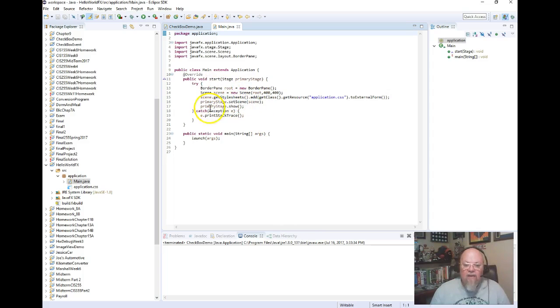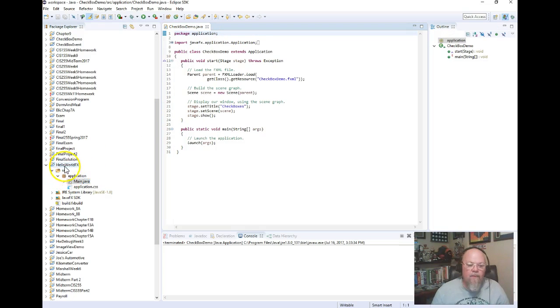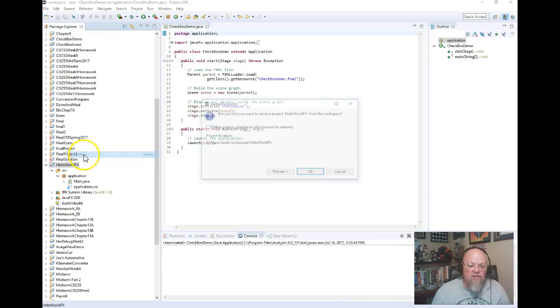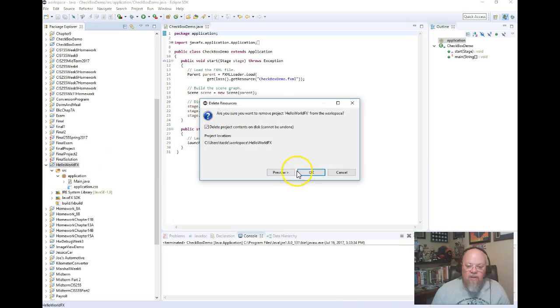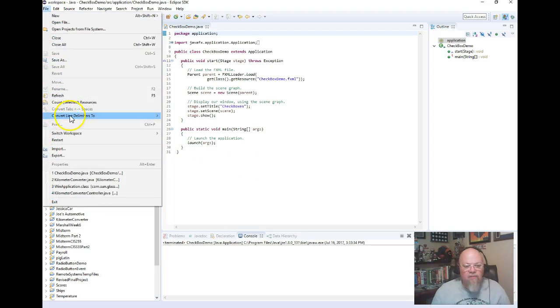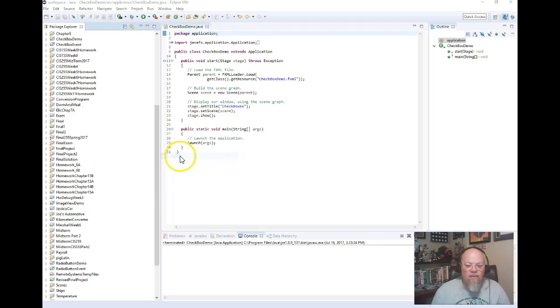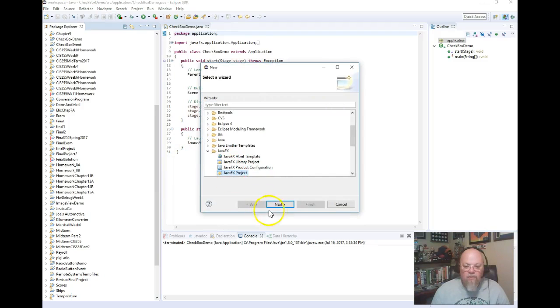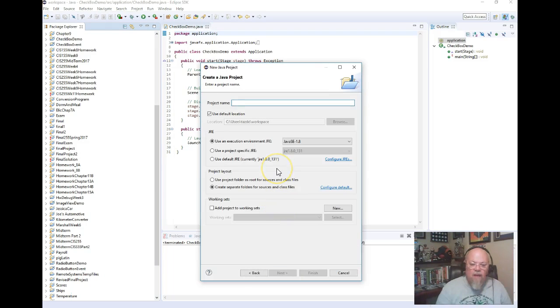We do not have a sheet in here, so let me do this. I'm going to back up a little bit. I'm going to delete this guy altogether. I'm going to delete it completely, the files and everything. I want to recreate it, and I'm going to show you something different. So I point to New, Other, JavaFX Project. I click Next. I'm going to type Hello World